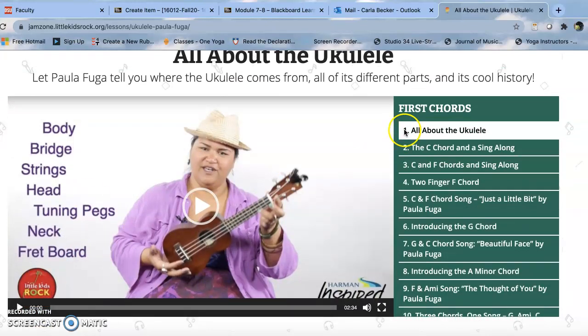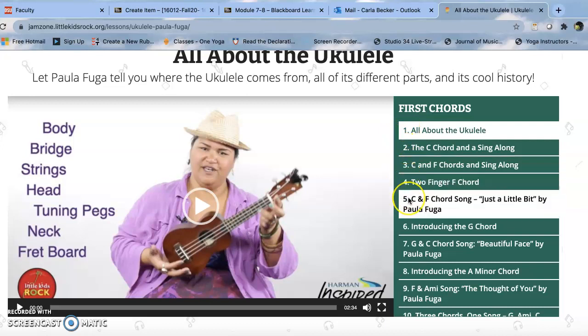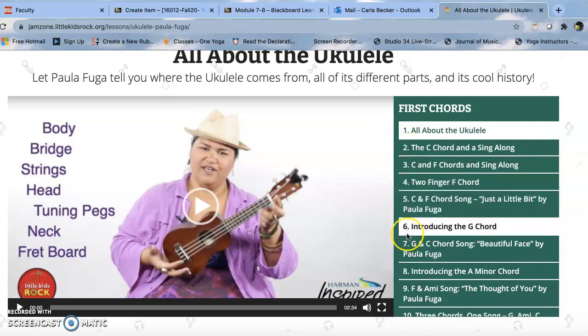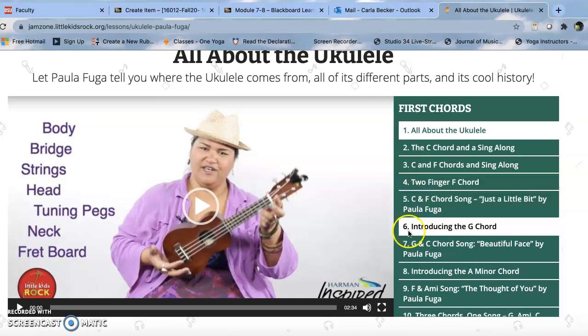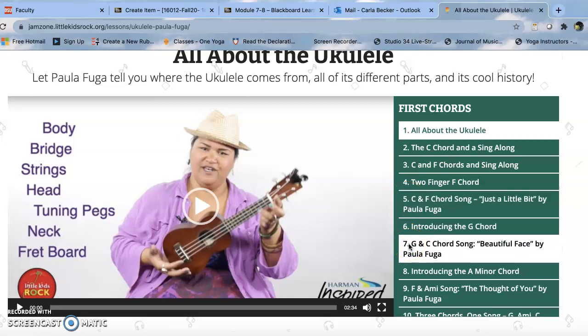First assignment, you're going to do 1, 2, 3, 4, 5. If you're a music major, you're going to go all the way through 7. So non-music majors go all the way through 5. Music majors go all the way through 7. Okay,